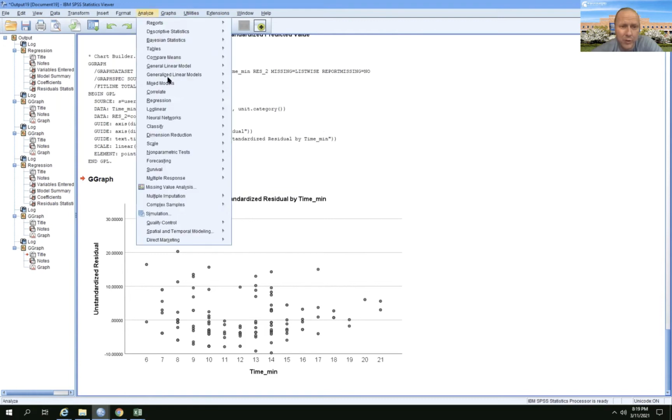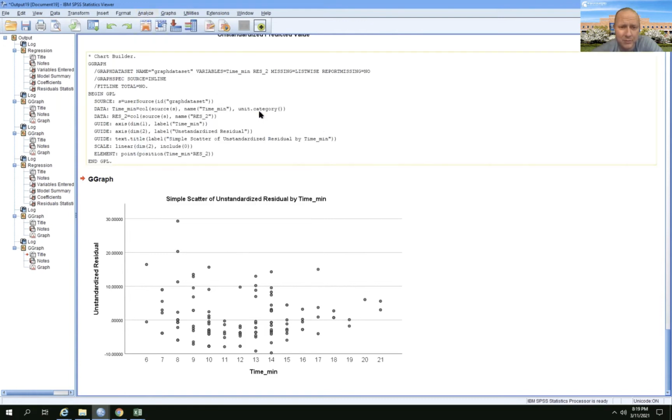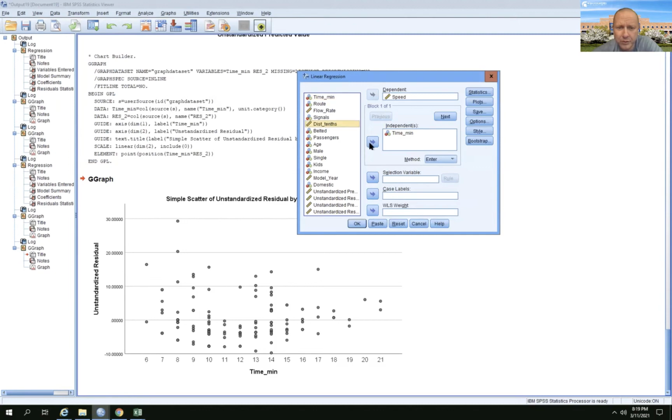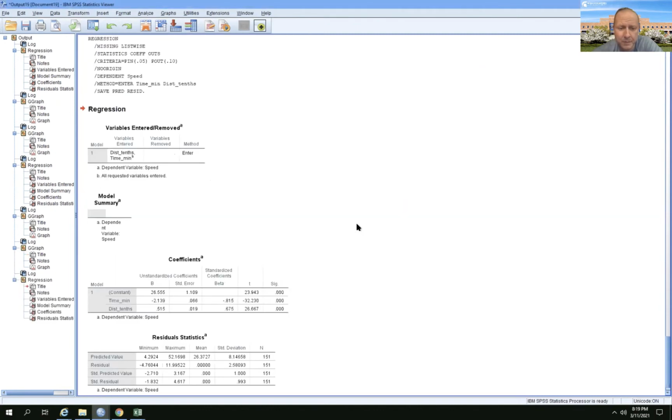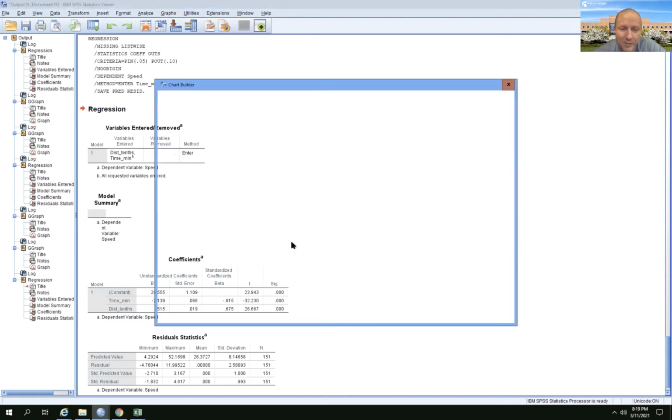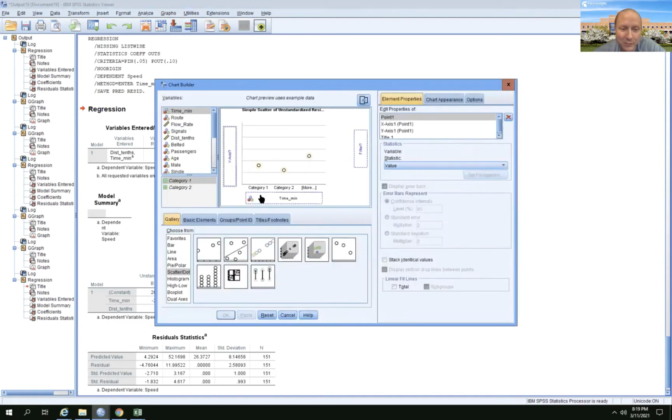And so where do we go from here? Well, we're going to actually continue building this model, and now I'm going to include both distance and travel time in the speed prediction. And now in this case, what we're generally seeing is that the direction of those effects is similar. So as distance increases, speed increases. As travel time increases, speed decreases. And now when we look at our residual plots, this time going to our third set of residuals and predicted values,